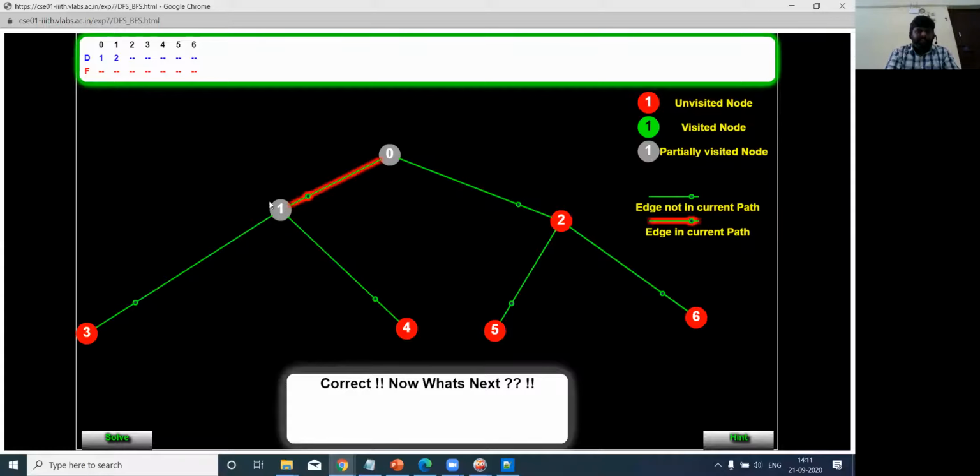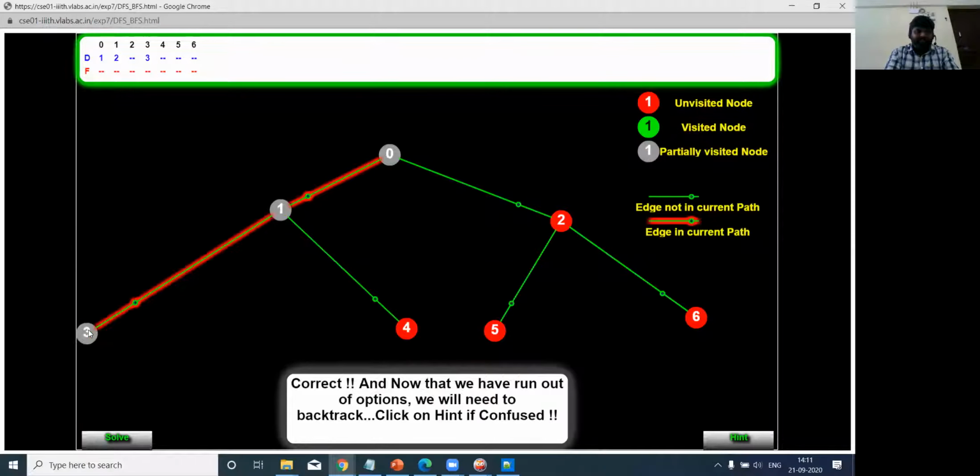Once I reach this node, I need to find what the children are for this. First, I again go with the first child, 3. Once I complete this path, again I need to check whether there is any child for this node. Else, this will be considered the terminal node. Again, I need to go back to the immediate parent node of 3, which is 1.